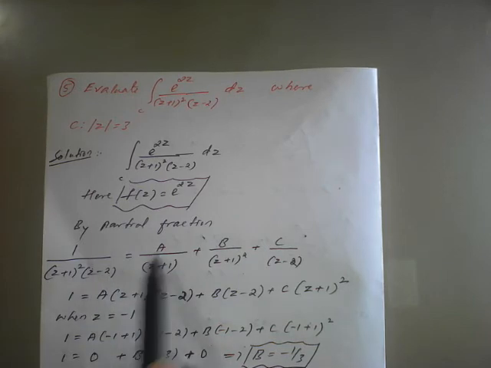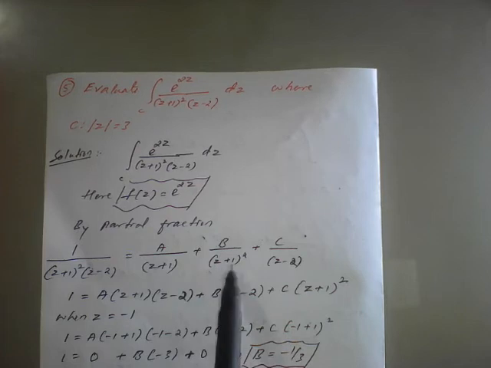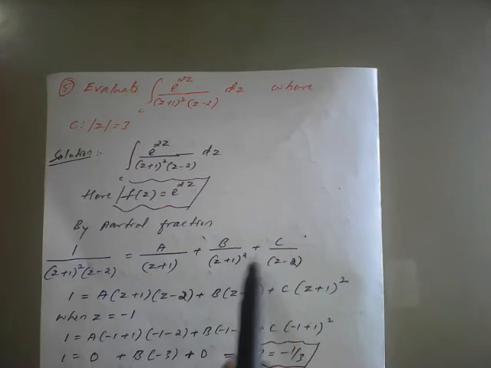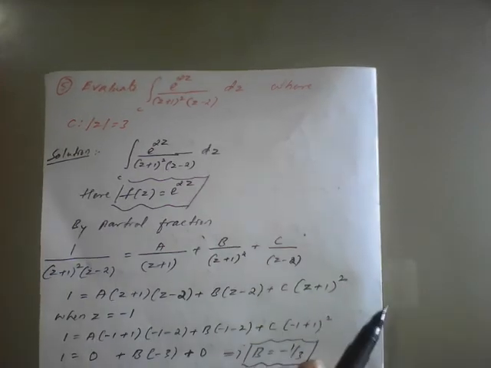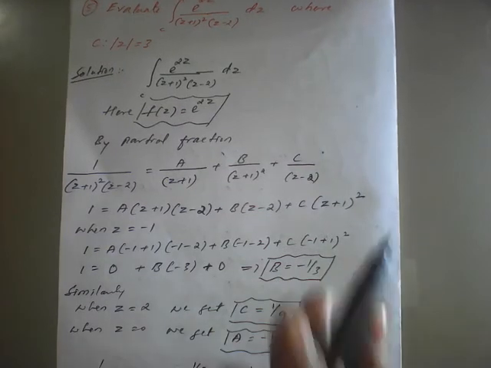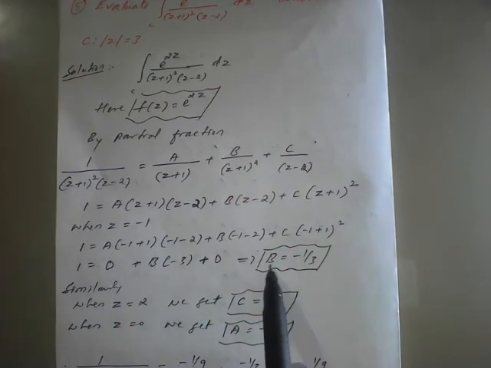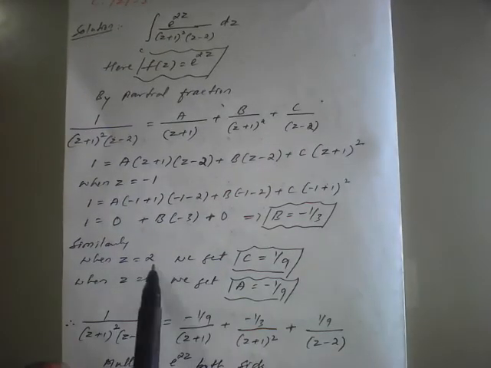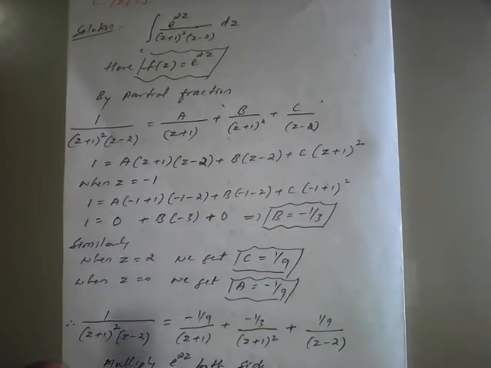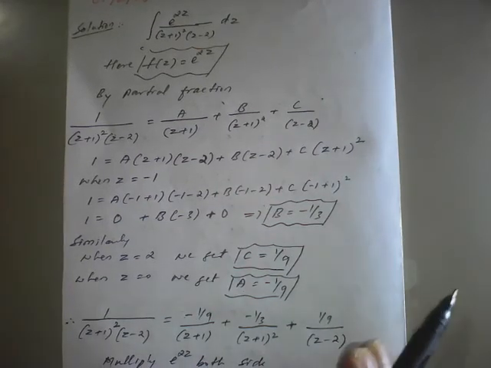This can be written as a upon z plus 1 plus b upon (z plus 1) whole square plus c upon z minus 2. So you need to simplify using partial fractions. If you put z is equal to minus 1 here, we'll get the b value as minus 1 by 3. Similarly, when you put z is equal to 2, we'll get c value as 1 upon 9, and when you put z is equal to 0, we'll get a is equal to minus 1 upon 9. So therefore,